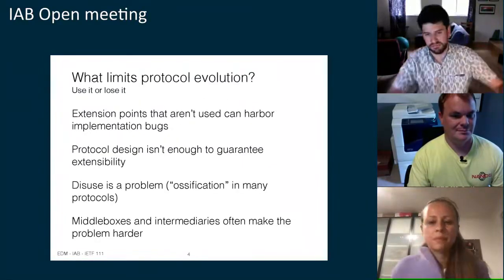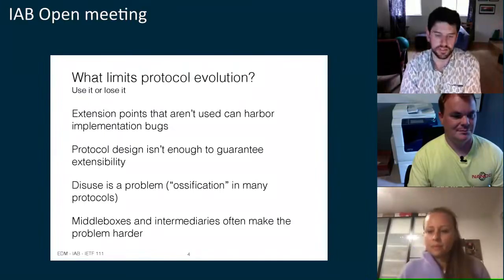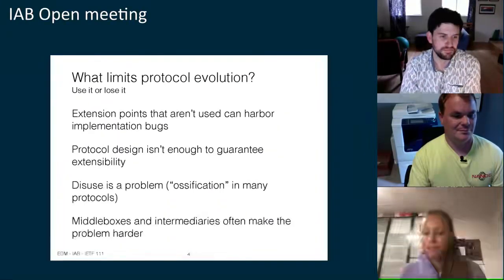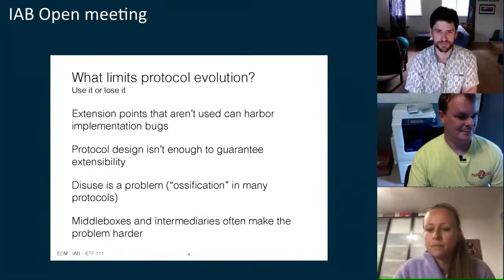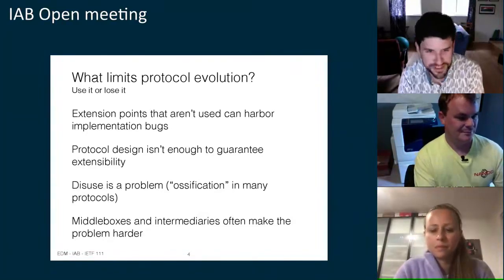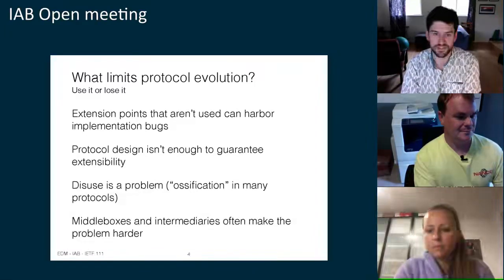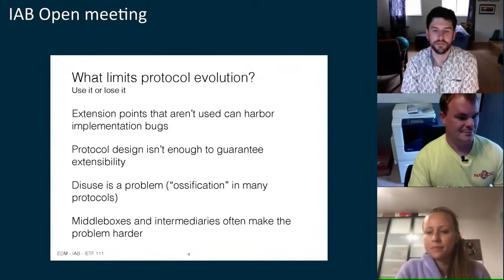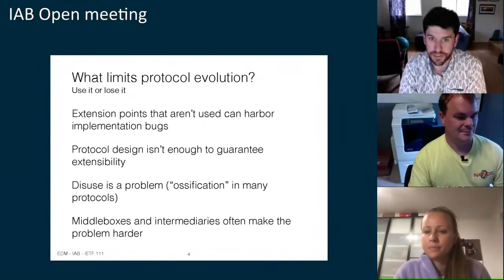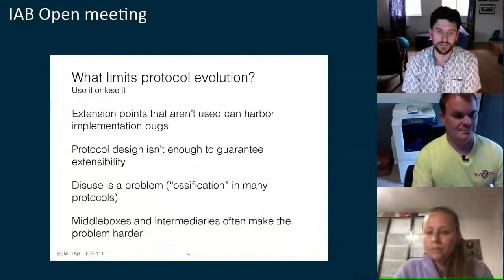All right, so just briefly going to cover the different things that are in the document. Martin Thompson is the primary author on it, so he can, of course, comment more. But here's my attempt at summarizing some of the points in here, in case people are interested and have questions now. So first of all, it talks about what are the things that limit protocol evolution.